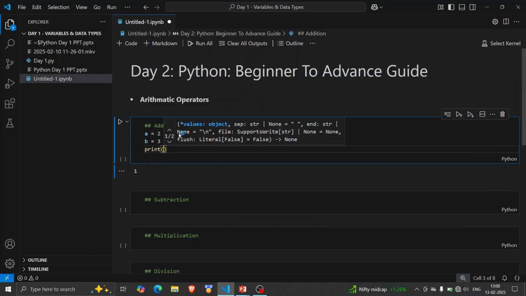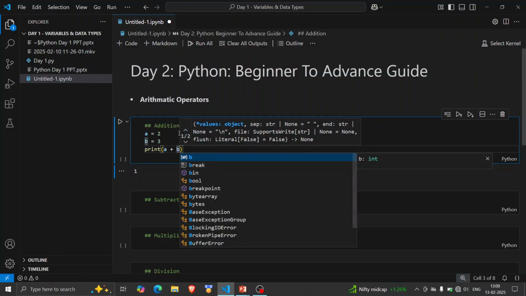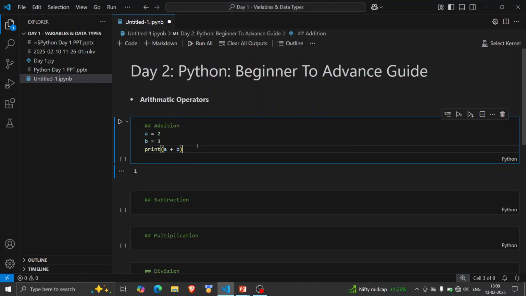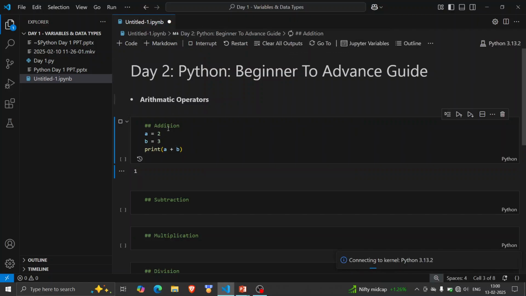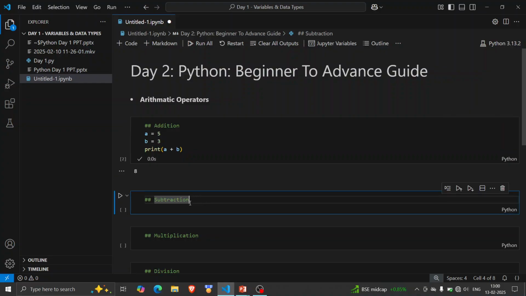In Python I can add them like this: a plus b, it will give us obviously 5. But before that I have to select this kernel. See, this is how we can perform plus, and similarly if I change it, let's say to 5, now it becomes 8. So Python allows us to do mathematical calculations as well.